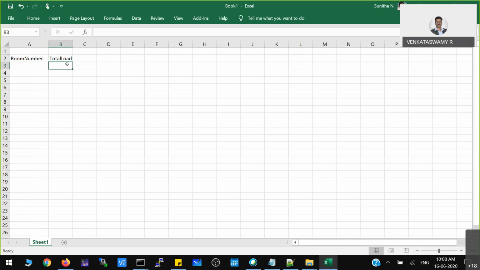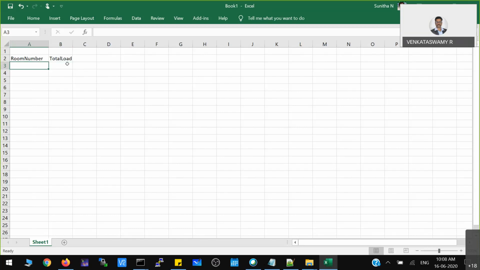Say if you have installed 4 lamps of 10 watts, then the total is 40 watts. If you have a fan which is 60 watts, and you have 5 fans, then 300 watts. So totally something around 340 watts. That is how you do the survey of load.